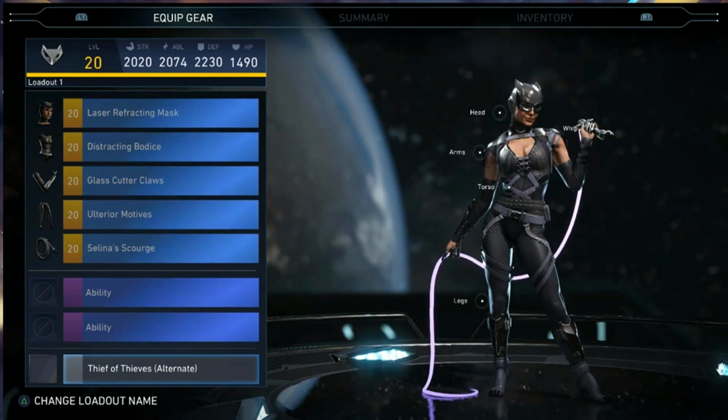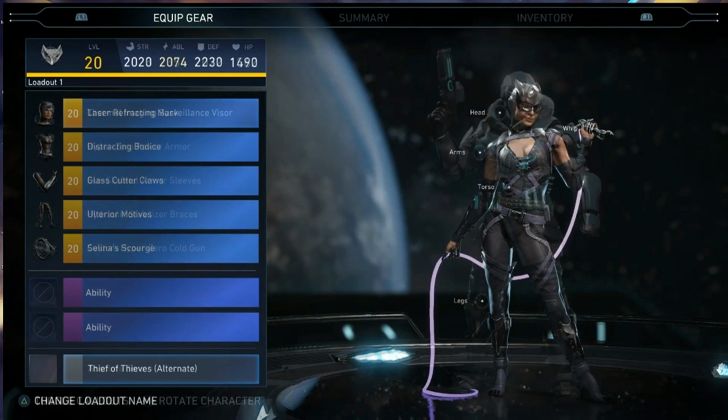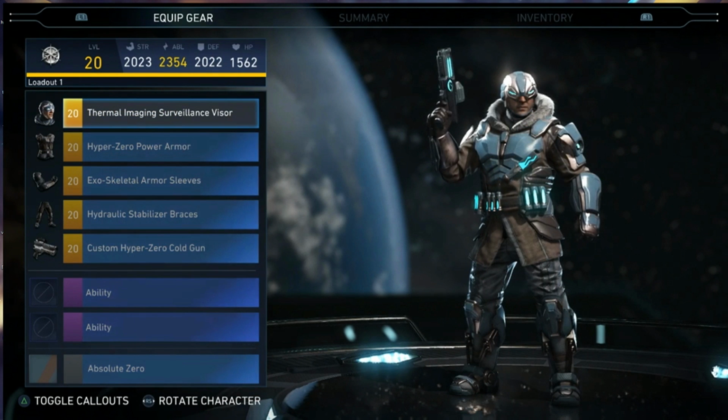Alright, this stream showed off quite a lot of stuff, so let's get into it straight away. The Q&A section is usually the most exciting part about the Watchtower, but actually not a whole lot was answered this time around. We learnt that Green Arrow does have a hood option in his gear sets, which is whatever,